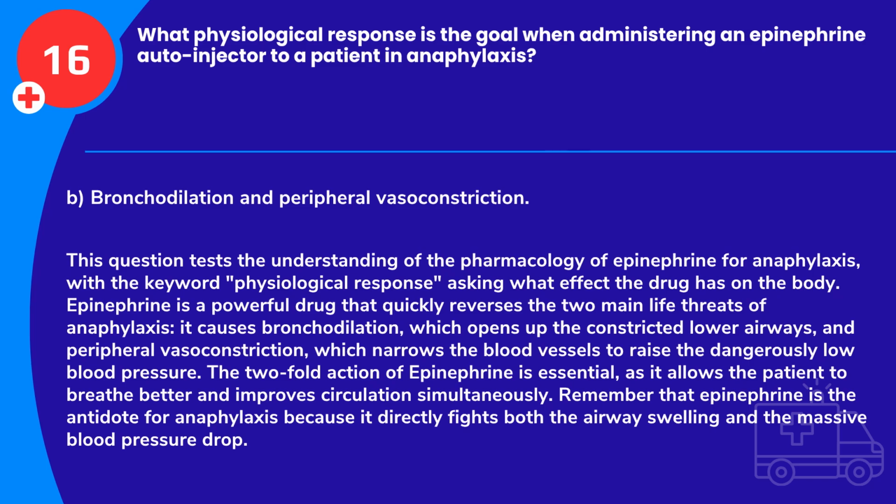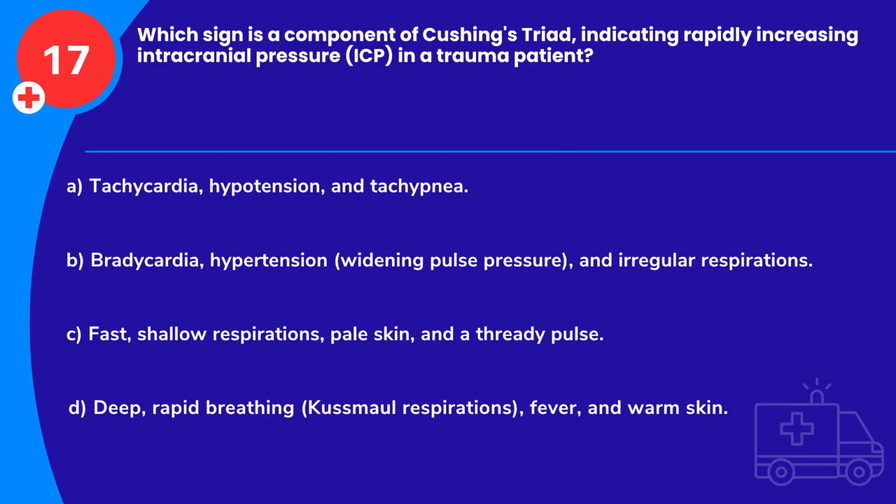The twofold action of epinephrine is essential, as it allows the patient to breathe better and improve circulation simultaneously. Remember that epinephrine is the antidote for anaphylaxis because it directly fights both the airway swelling and the massive blood pressure drop. Question 17. Which sign is a component of Cushing's triad, indicating rapidly increasing intracranial pressure, ICP, in a